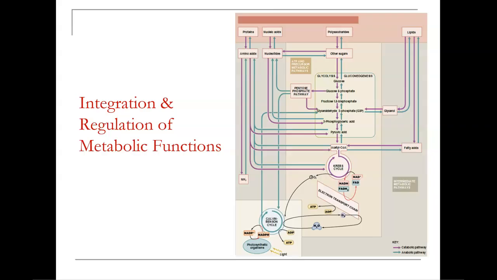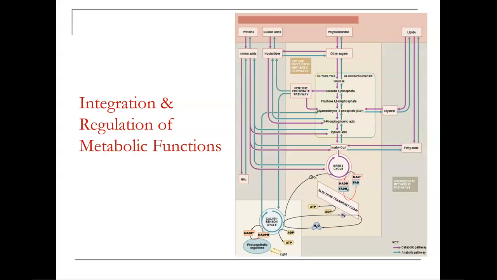Another could be an intermediate pathway that synthesizes metabolites for macromolecules. The third is a pathway that produces ATP and precursor metabolites, so this will be things such as glycolysis, the Krebs cycle, the pentose phosphate pathway, and the